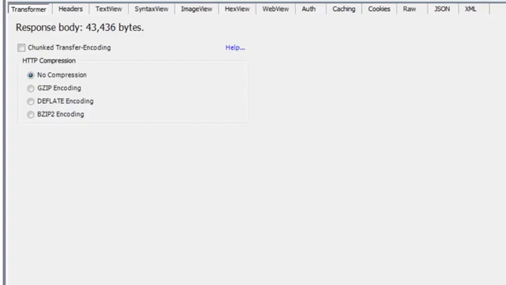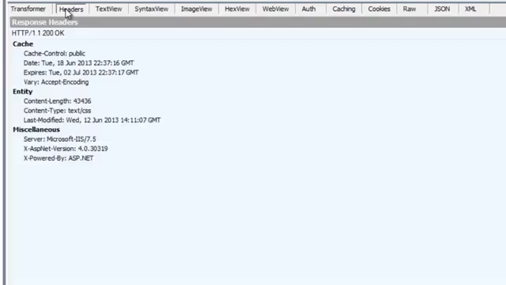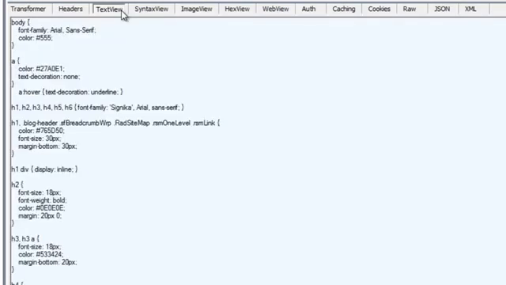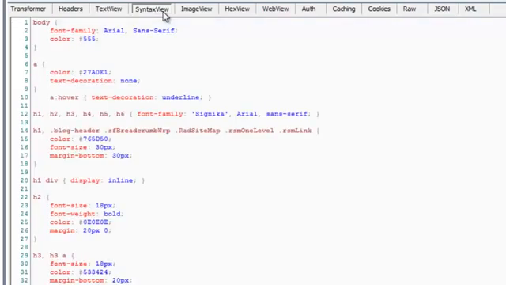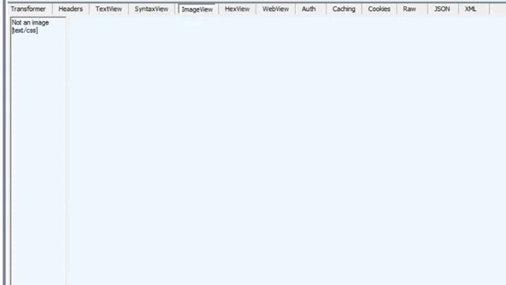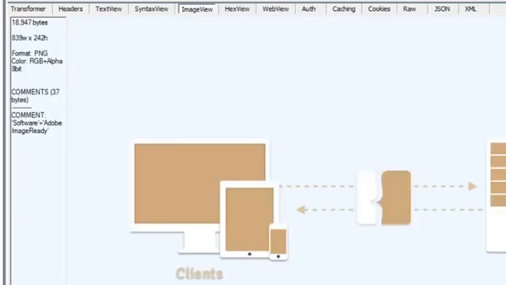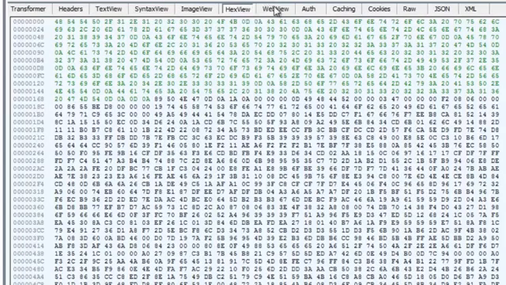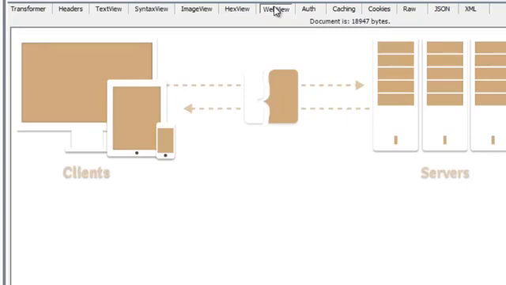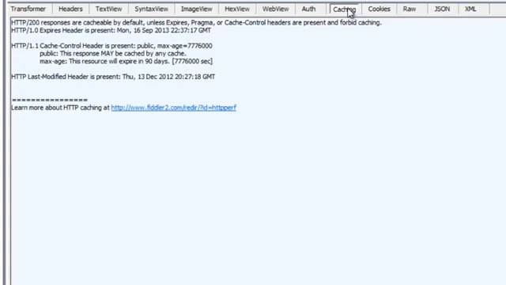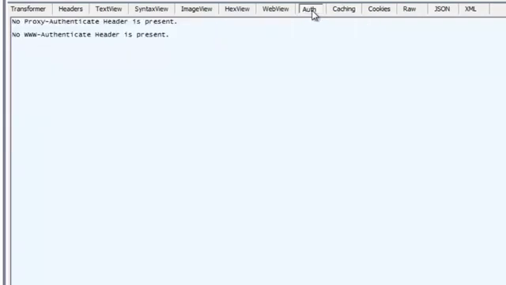For the response, you can also view the headers, a text view of the body of the response, a syntax view that highlights the response body according to type-specific rules, an image view for images, a hex view, a web view that provides a quick preview of how a given response may appear in a browser, a caching view, which pulls information about the caching headers on the response, an auth view, which will show any authentication headers,